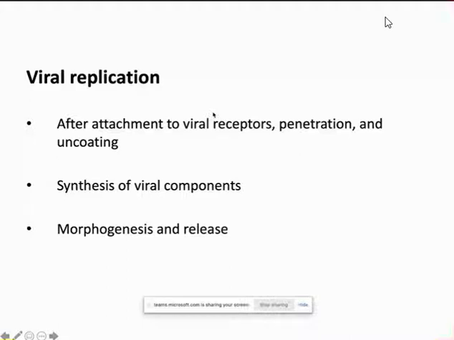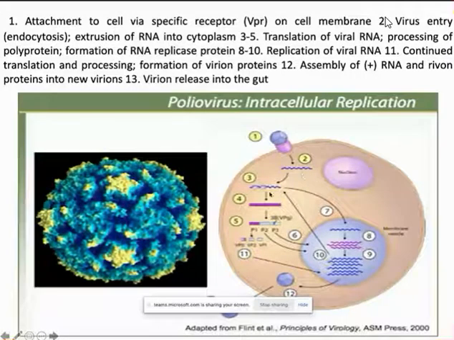Okay, see, this is the outline of how these viruses replicate. First, they interact with the receptors, enter inside, and there will be the replication. In the replication process, first there will be the formation of genome copies, as well as the transcription and translation for the production of structural components. Okay, and once the genome copy and the structural components are synthesized, they will assemble further, and finally they release out from the host cells. So this is the outline of how these viruses replicate within the host cells.